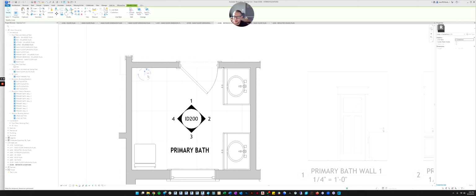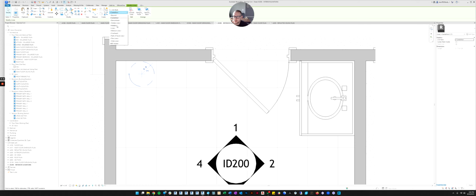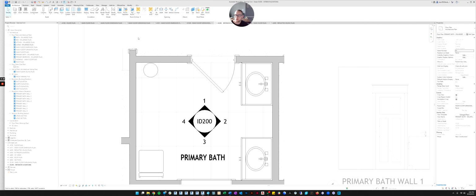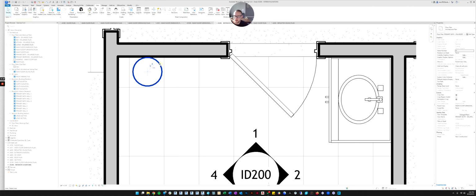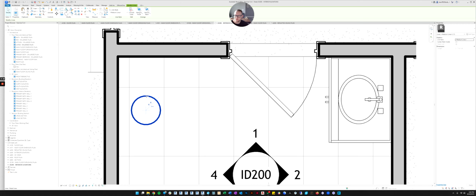So if I want to use a center line and have it be dashed, you could do that. I could have it be hidden lines. I could have it be a medium thickness line. So right now we have our line thicknesses turned off. If I go back into view and turn my line thicknesses back on, you can see the thickness of this line right now. And if I come up here, I can change it to regular lines, which are thin, medium lines, or I could go to wide lines and make it really thick. But we're not cutting through the trash can, so I would probably just use normal lines for this.